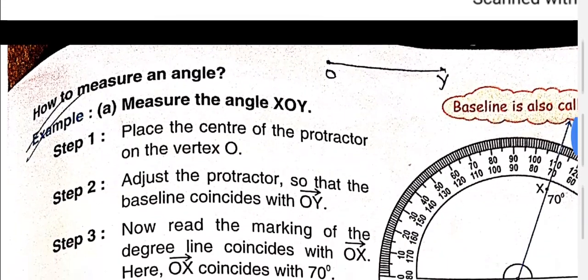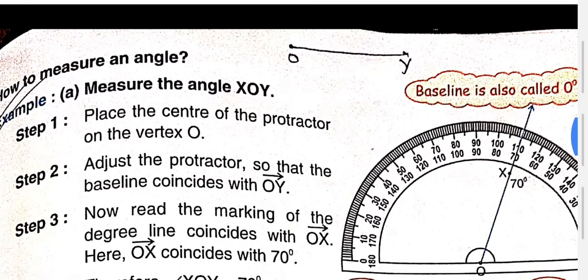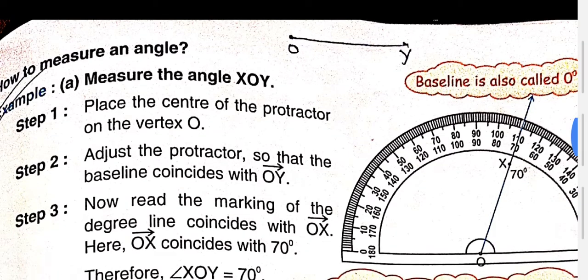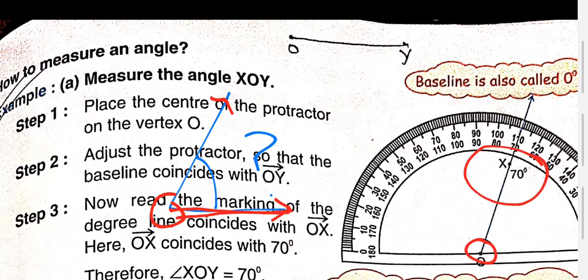Now I am showing you with one example how to draw and measure an angle. Suppose one angle is given to you, and you have to measure the angle. Then take the protractor and put the center point here, and the baseline will overlap with this blue line. Now you have to check at what point this ray passes. Suppose in this question, this line passes through 70. So you will write here 70. Simply you can measure the angle.